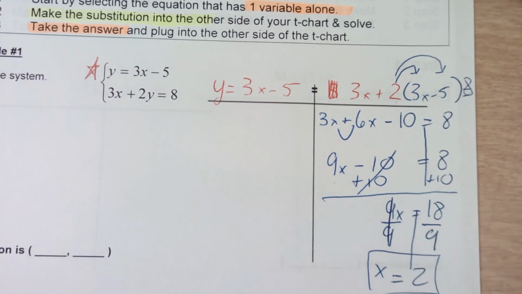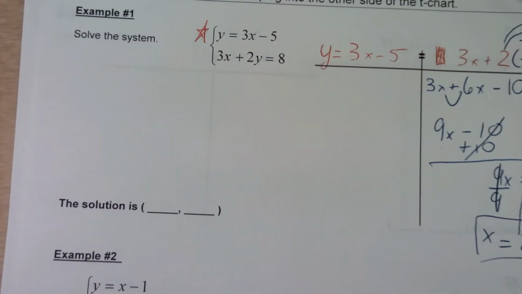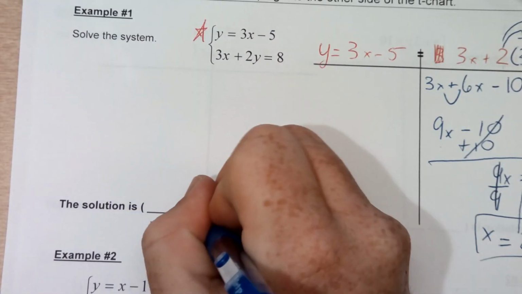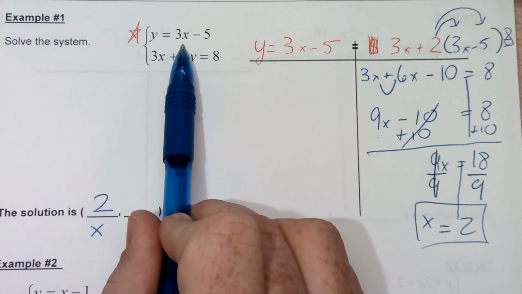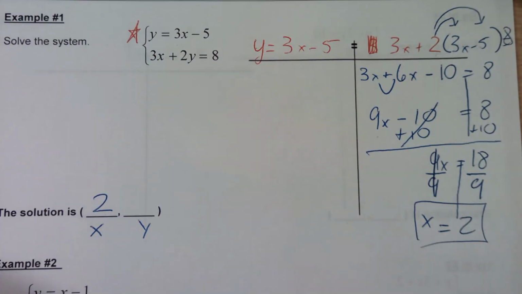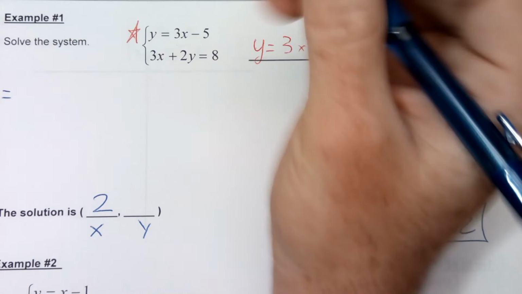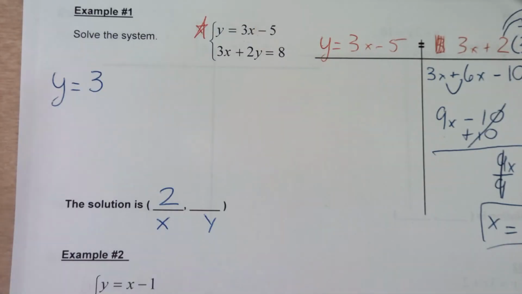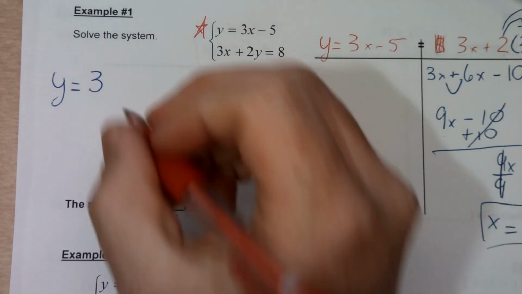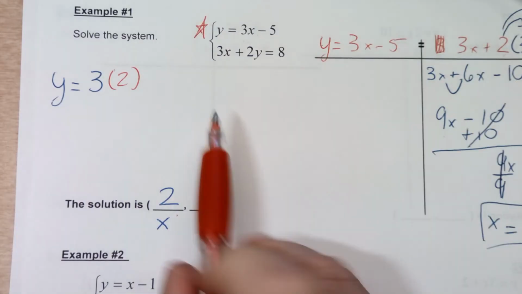That means on my ordered pair, I know that I have x and y. So I can plug in a 2 for my x. But as you can see, I still don't know what y is. The way that we find y is we plug in a 2 for x up here. So my new equation, I'm going to do y equals 3 and then if you look at our top equation up here, it's x, but we know what x equals. So we're going to sub in a 2 for x. So it'll be 3 times 2 because it's 3 times x